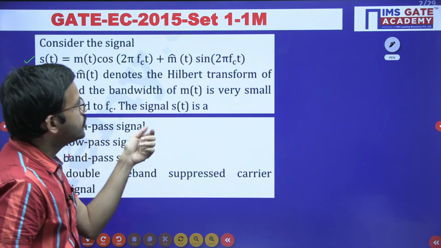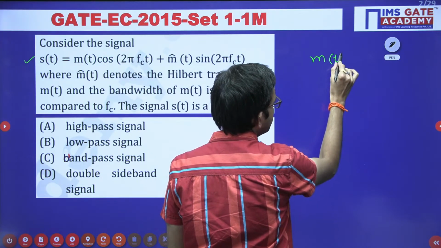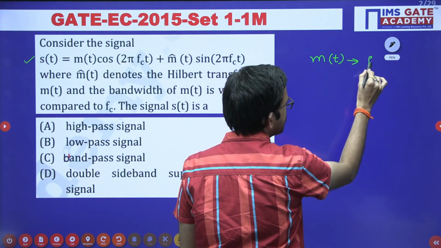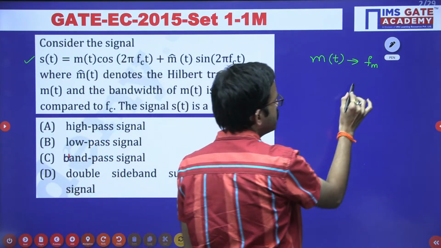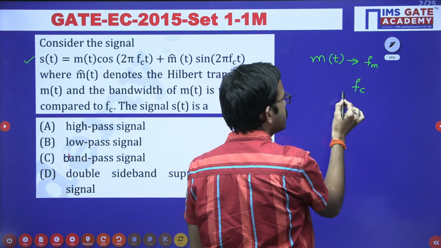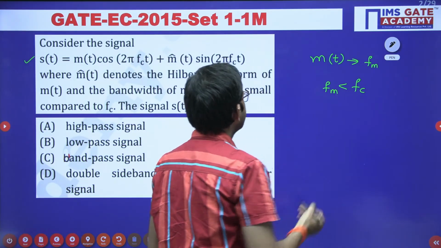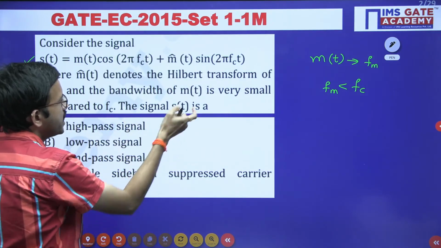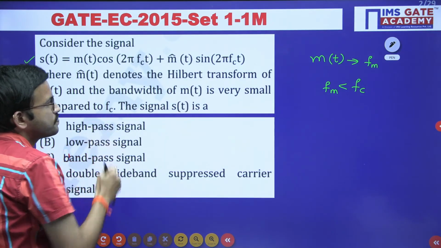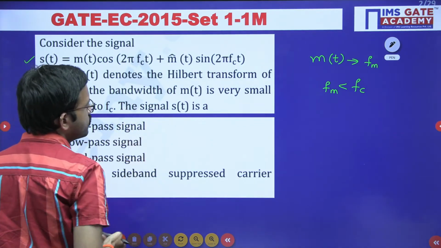So in general, we know that for a message signal, the maximum frequency that you are having, fm, obviously when compared to carrier frequency, this particular frequency is very less. Yes or no? Very less. Okay. So regarding the message signal bandwidth, they have mentioned that it is very small when compared to carrier frequency, right? Now the signal S of t is